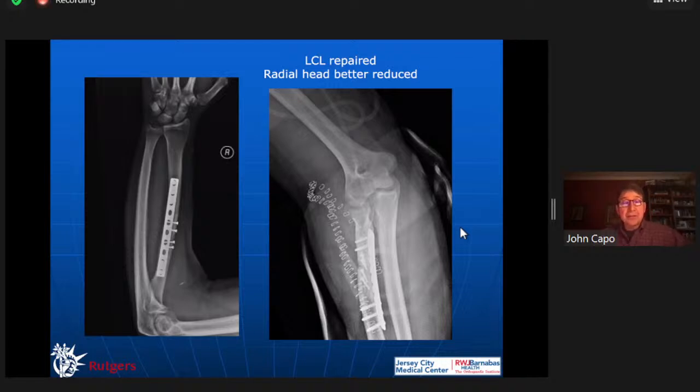And when I looked at the other side, he has a similar strange radiocapitellar joint, but this is his normal. And this is interesting: if you look, the radial bow is restored, but if you put a straight plate on correctly that's long, it actually hangs off the bone a little bit, which is okay.